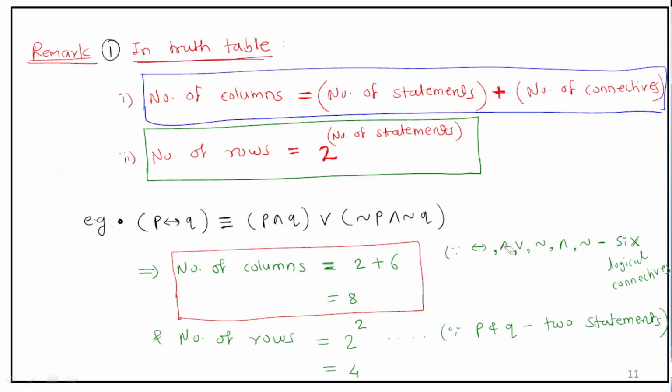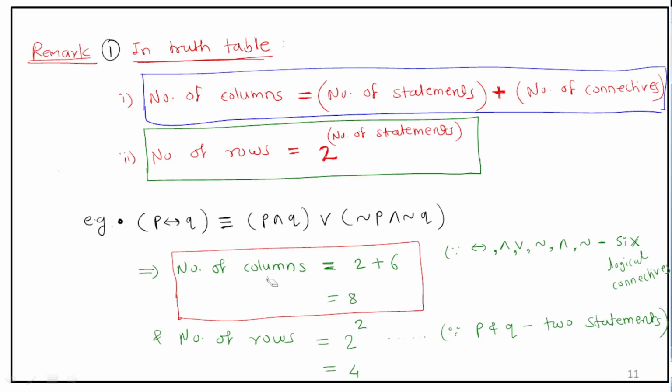Here, if and only if, and, or, negation and negation, means there are a total of 6 logical connectives. By using the formula, what is the number of columns? Number of statements plus number of connectives. Here 2 statements and 6 connectives, so 2 plus 6, that is, the total number of columns is